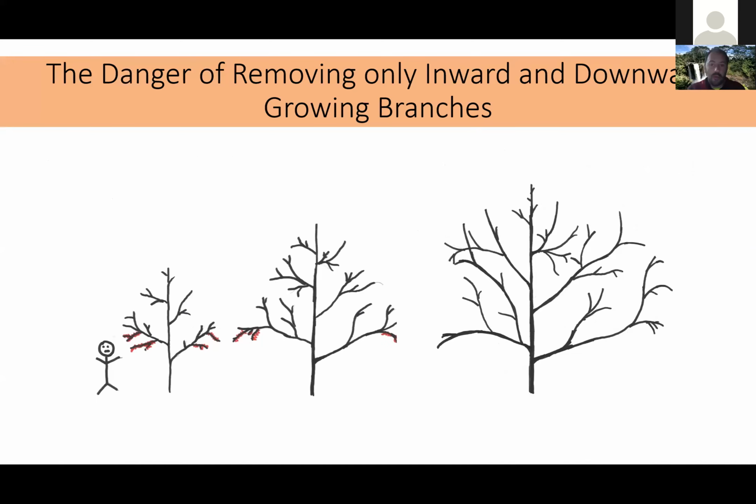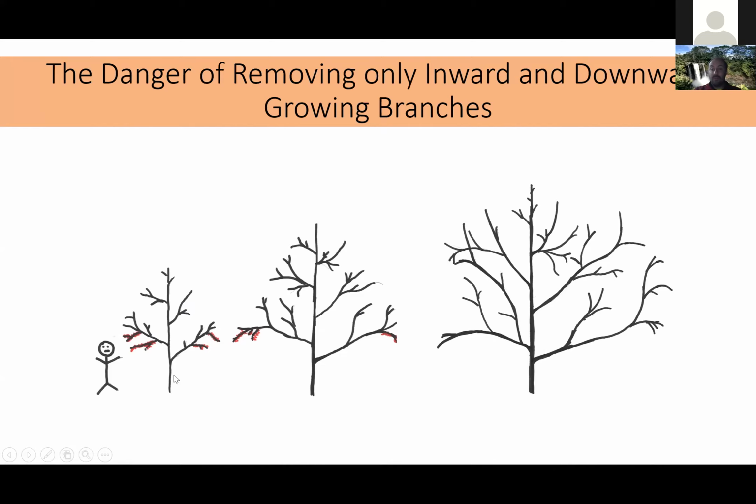When raising a tree, one thing you definitely don't want to do is always just remove small lateral branches that are downward and in your way. It's super tempting to do. I've done this both professionally and in my personal life, but it can lead to long-term problems. If all you're doing is removing these lower growing branches, they're out of your way for this year. The branch then grows, has more lower growing branches in the new portion, and now they're in your way. So you remove the lower growing branches again. And eventually the branch these are attached to keeps growing and growing, and it gets too large to safely remove, right?